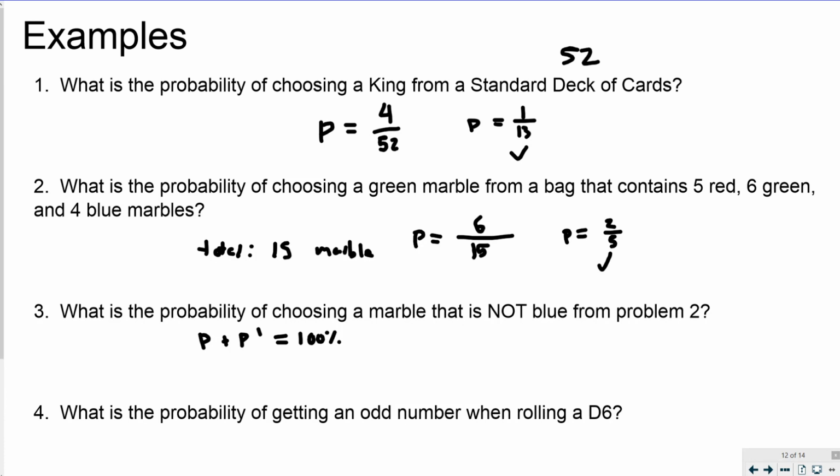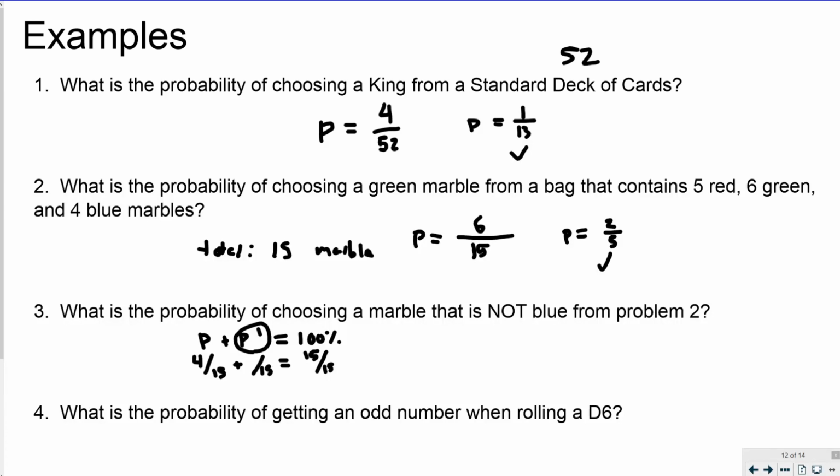So the probability of drawing a blue marble is 4 out of 15. The total number of marbles, 100%, would be 15 out of 15. So if I have to calculate the probability of choosing a marble that is not blue, it would be blank